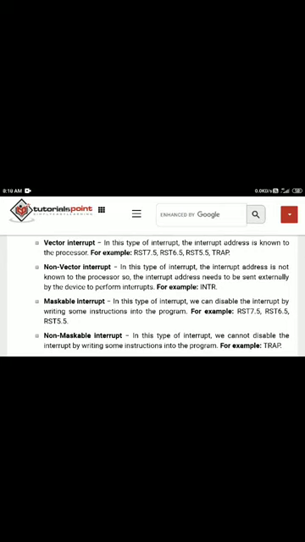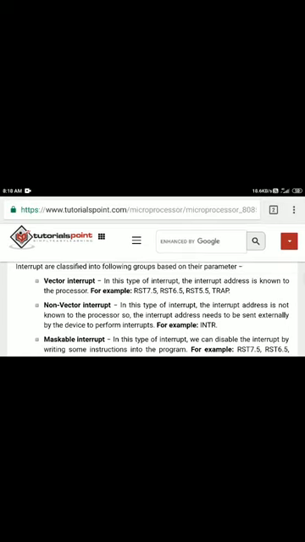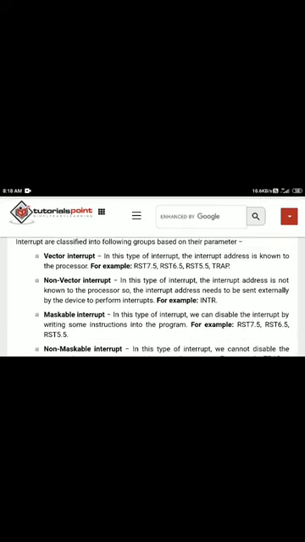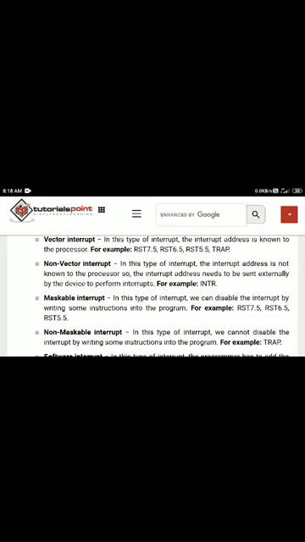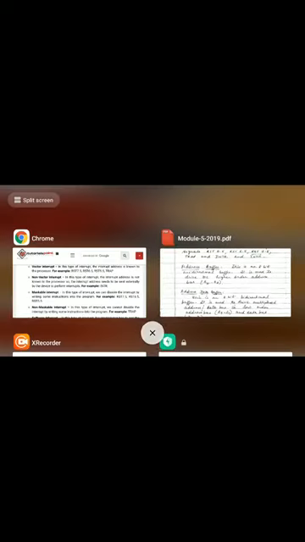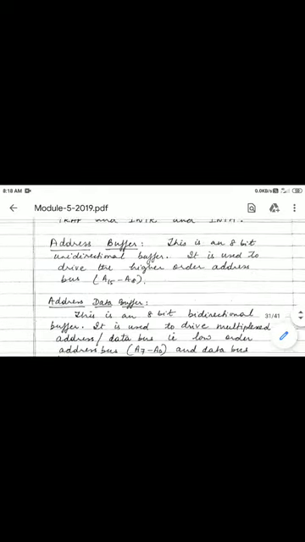Some external messages, if they suddenly come, whose address we don't know, come under non-vector. Suppose internally in the system itself, if any interrupt comes, that interrupt has its address and the processor knows it. Such kinds of interrupts are called vector interrupts. Vector interrupt examples are RST 5.5, 6.5, 7.5 and TRAP. Non-vector means INTR. So this is what we saw here also.